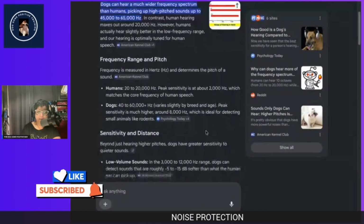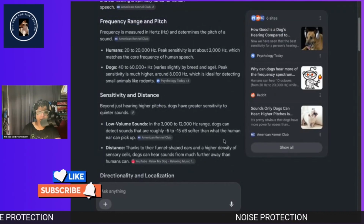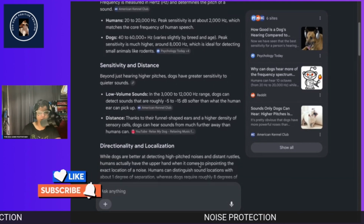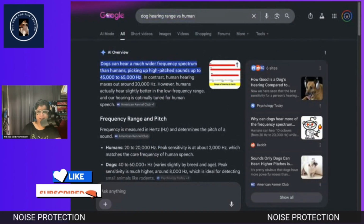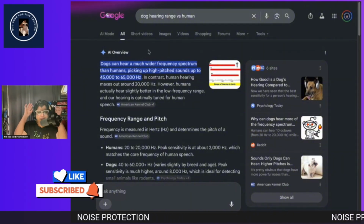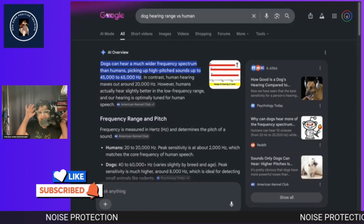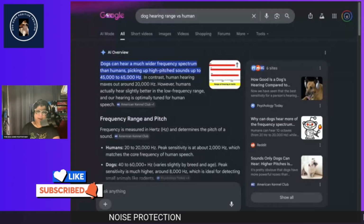And let me just tell you, it goes into the range that they can hear, and also the distance. And it explains here the shape of their ears. I never even really thought about that, but dogs who have more erect ears, maybe they're picking up a lot more sound than we are. But you've seen your dog being all like, I'm getting messages, you guys. You've seen dogs whose ears are like radar, or you're talking to your dog, they're looking this way, and one of the ears goes, oh yes, I can hear that, I can hear you talking, but I don't care. They have a lot of control over their body. But anyway,